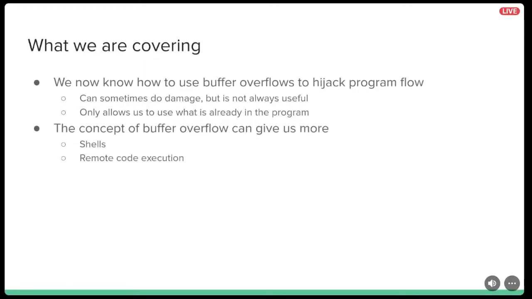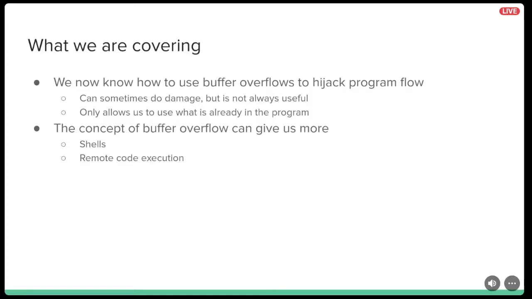So yeah, some of what we'll be going over today. From the last meeting, we figured out how to use buffer overflows to hijack the program flow, manipulating it so the program could execute functions that weren't supposed to be run, or change variables that normally wouldn't be accessible. And while this can be useful, it's not always the most useful because, I mean, who's going to put a function in their program that does something really bad and should never be run, but is just in there for no reason? So it's something that is useful, but